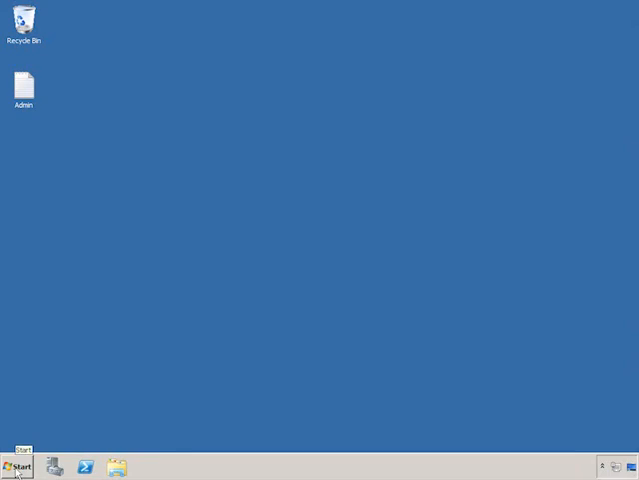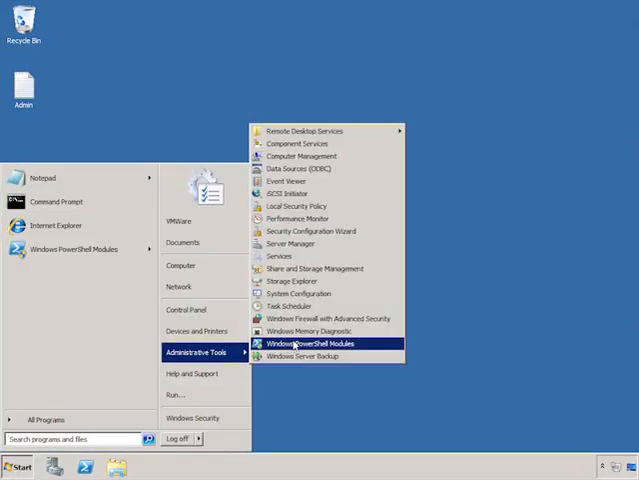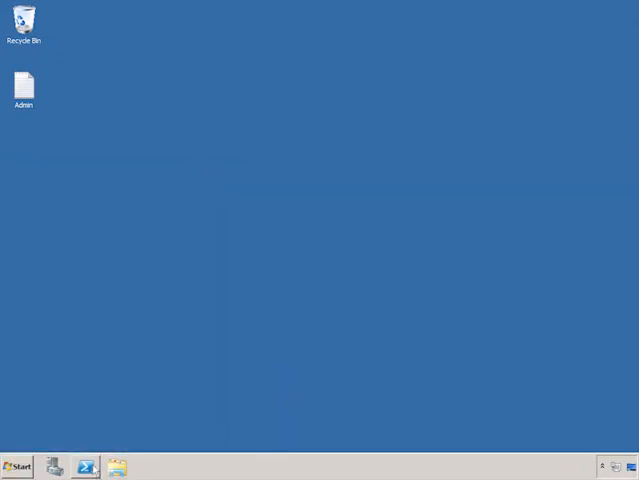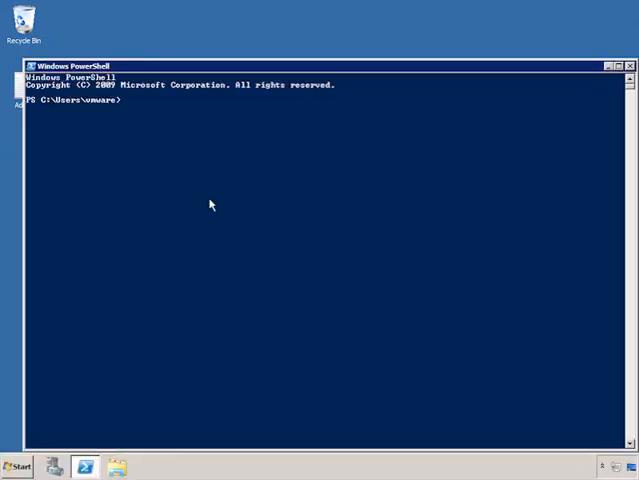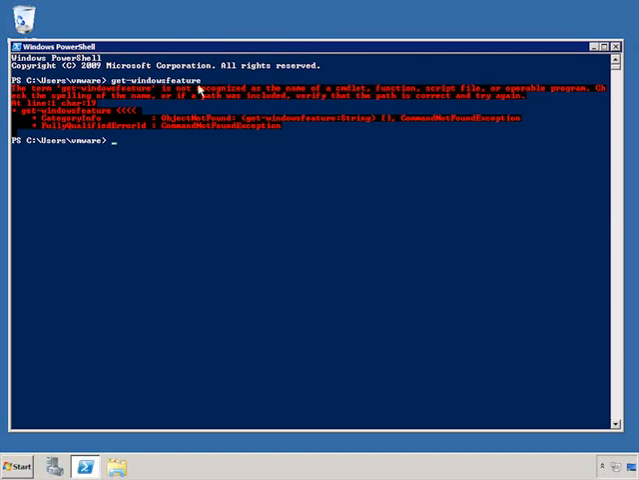Now, remember the first time we just went to Start, Admin Tools, and then Windows PowerShell modules. This time we're just going to go straight to PowerShell. Now, if I say Get-WindowsFeature here, it tells me that it's not recognized as a command. That's because I haven't installed any of the Windows PowerShell modules, right? You only need one for this though, and that's the Server Manager. So if you just do Import-Module,